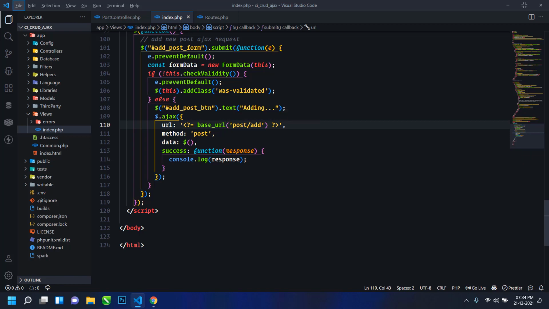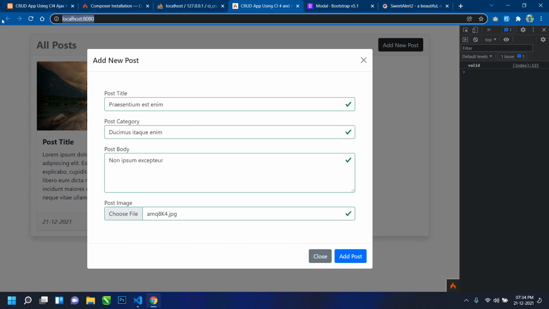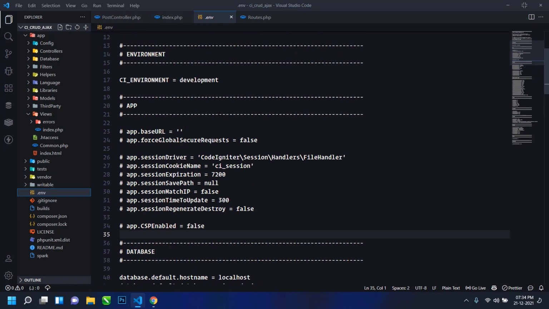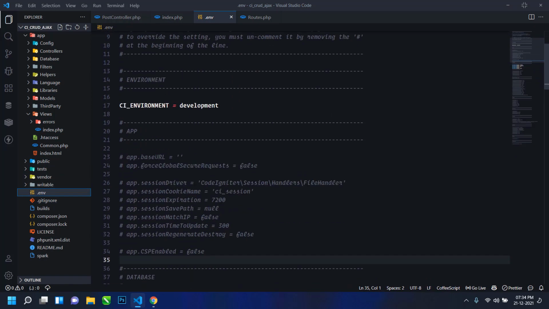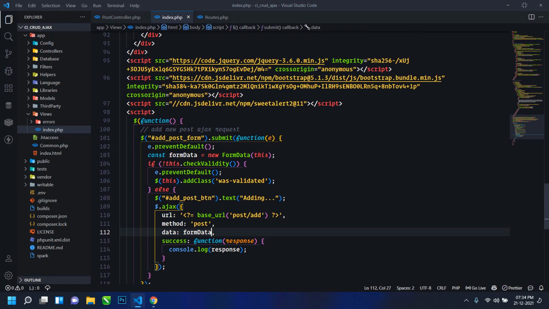In order to make this base url working, we have to just copy this localhost:8080. Just go to this .env file, and here you can see this is the app.baseURL. Just paste it here. Save, close this .env file, and in data I will just use form data that is already created here, you can see.